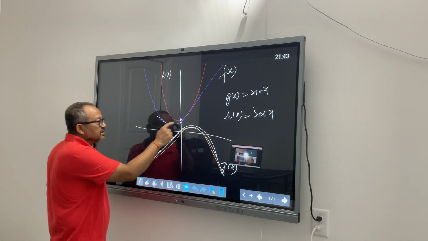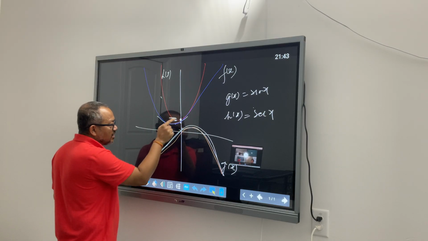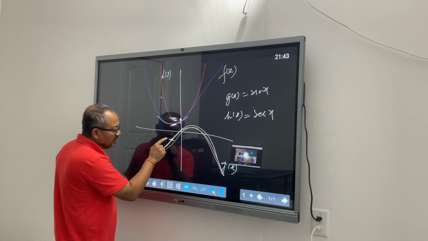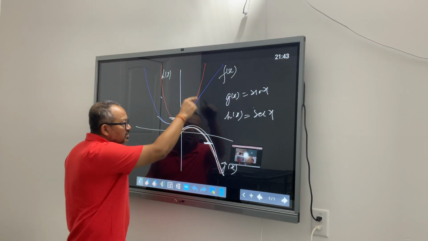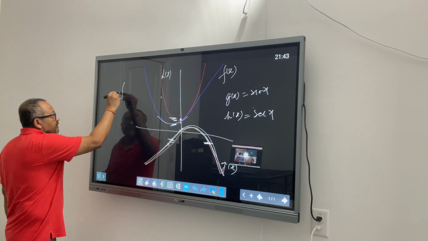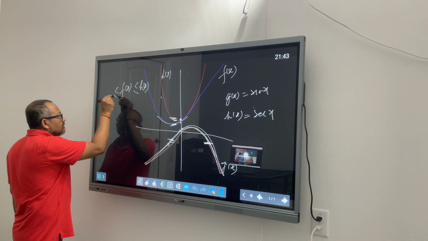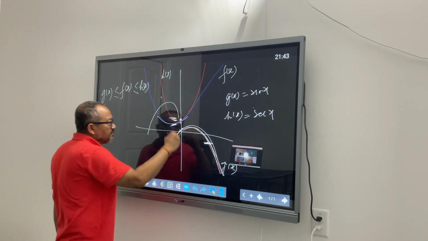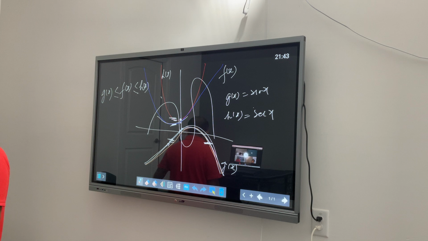Let's say this function is getting squeezed by this and this. For every value of x, this function has to have a higher value. f of x has to be a higher value than this one. Likewise, for every value of x, this one is supposed to have the value of the function below the function that it is trying to squeeze, below or equal to. So it has to meet the criteria of f of x being less than one other function and greater than or equal to the other function. If you see any crisscross happening, give it up. All right.